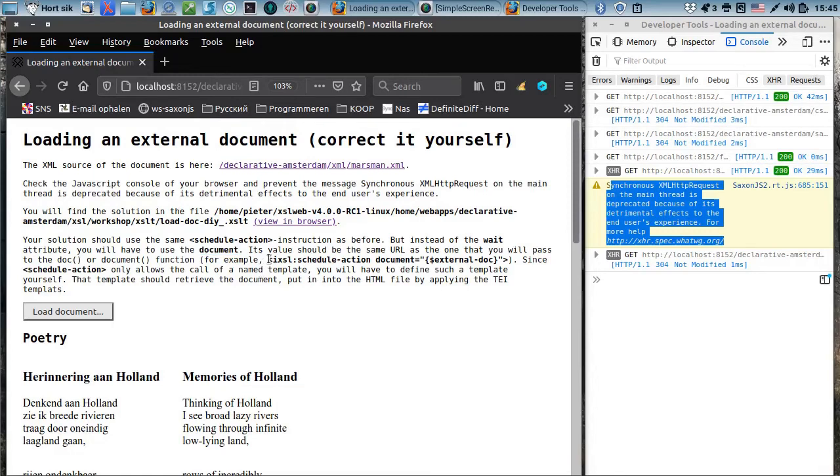So here you see how you could do it. Now, schedule action does not allow an instruction like result document as its child element. It only allows the call of a named template. So you have to modify the code a bit so that you can do it. And this is the last exercise. It's not a difficult one, but well, I think you should realize that something like this is necessary if you do load external documents. So I leave it to you to do the exercise, and then later on I'll show you